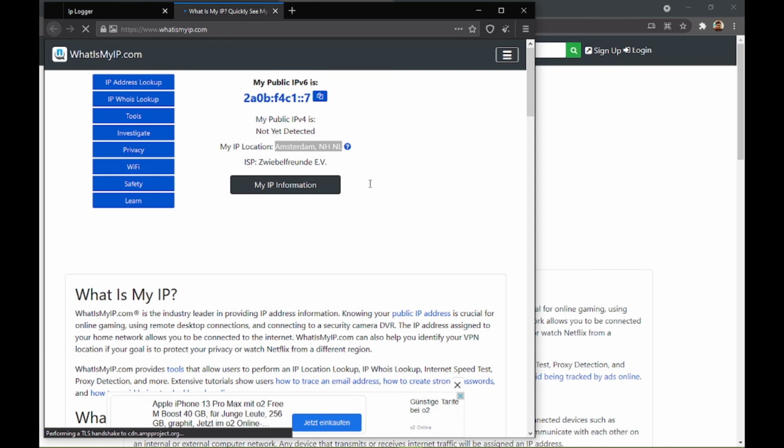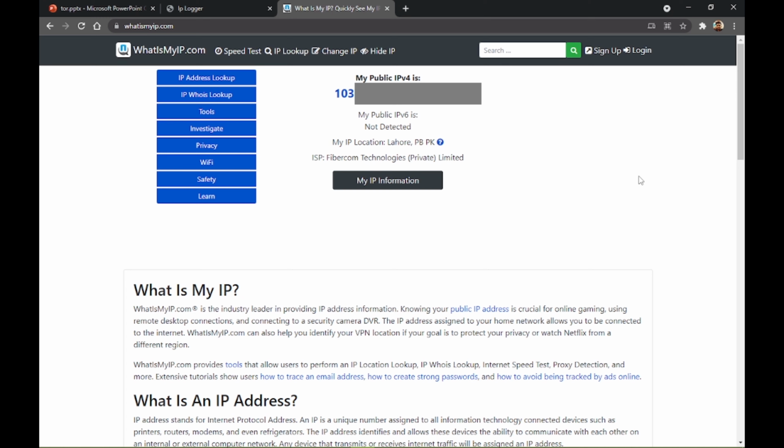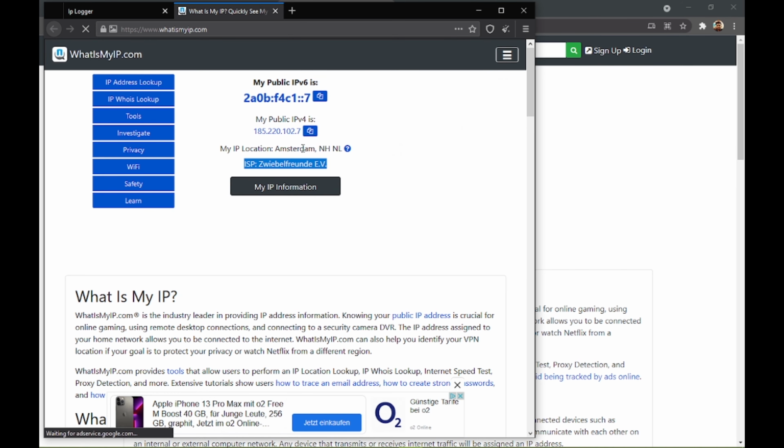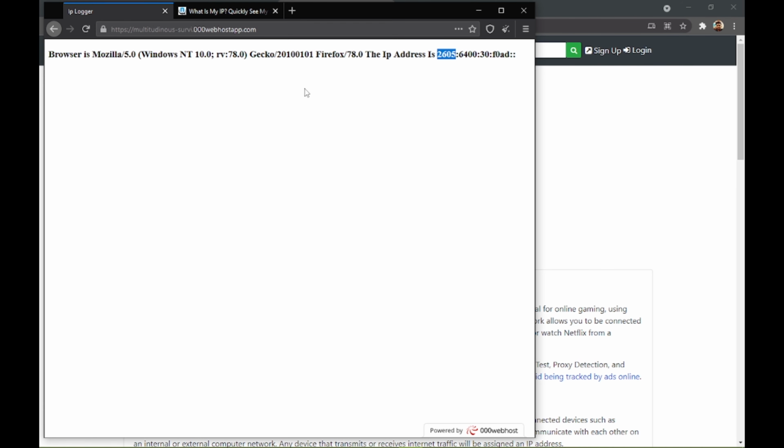So I don't know how to pronounce this one here, but the thing I want to tell you is that there are a lot of differences here. On the Chrome, it's showing me my actual country and my ISP, but on this Tor browser here, it is giving me some other IP address, and you can see that it's generated IPv6 and IPv4 also, and also my ISP and the country of this IP address.